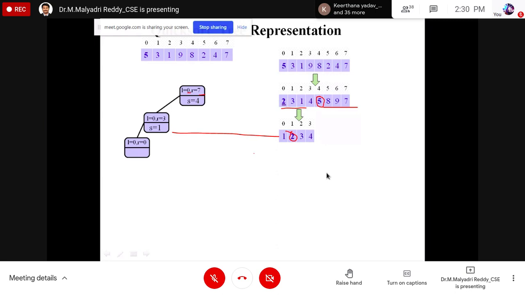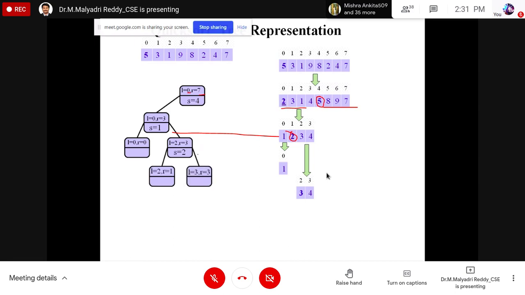In the next part, only the index, this is one element. This pivot position is only 0, 0, that is 1. Next position 2, 2, 3. Total elements, position is 2, that is 3, 2, 3. So coming to the right position, this is 2. This is the tree representation of quicksort, where we have to split the partition of the array. So this data is not available in the textbook.